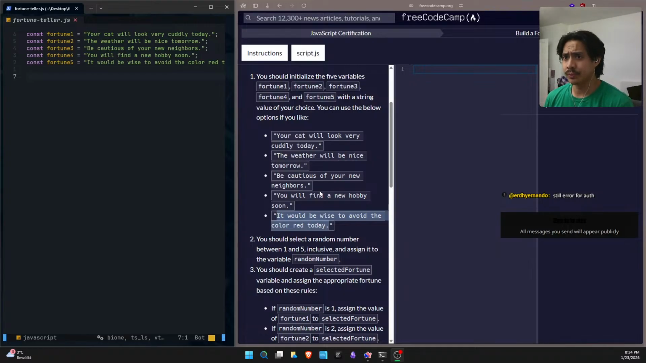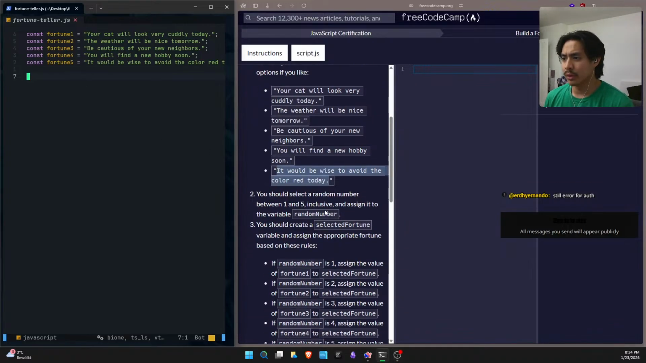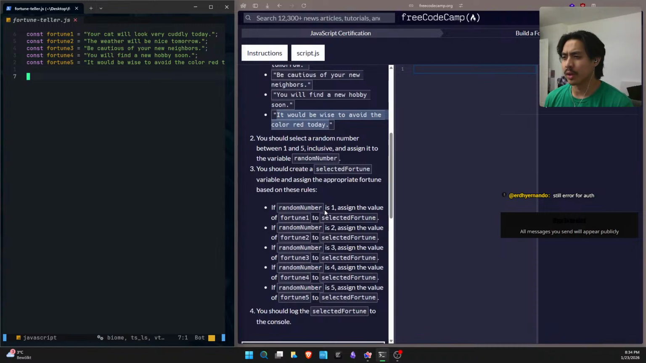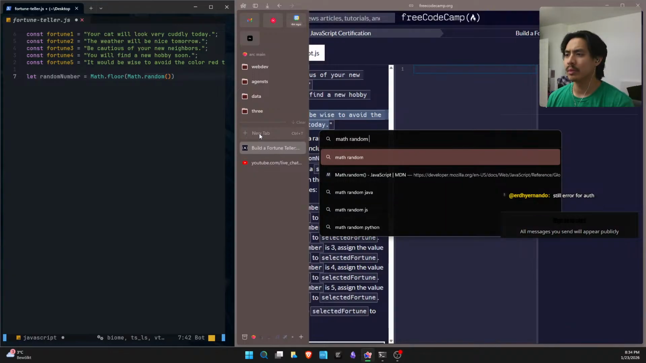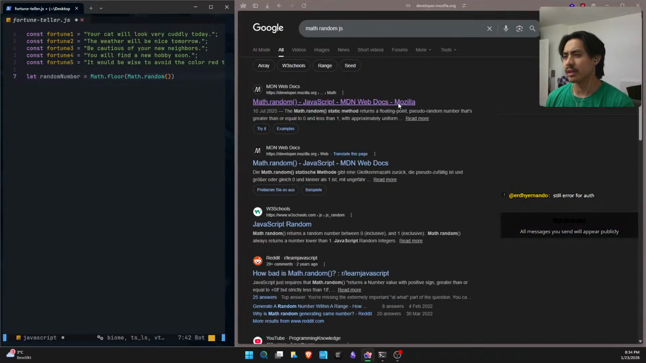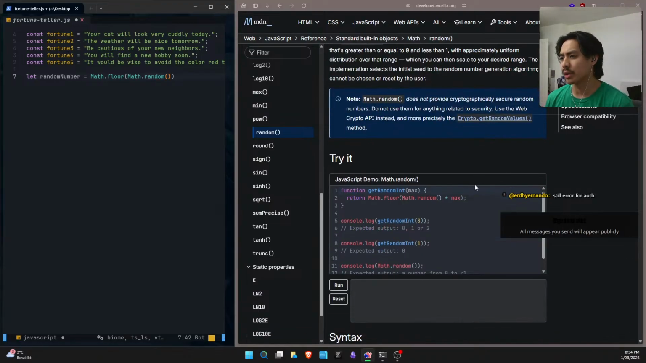Okay. It should select a random number between 1, 2, and 5, inclusive, and assign it to the variable number. I forgot the method, random. Do you multiply it with the maximum, or do you subtract 1? I forgot. So if it's multiplied by max, that means it's gonna be